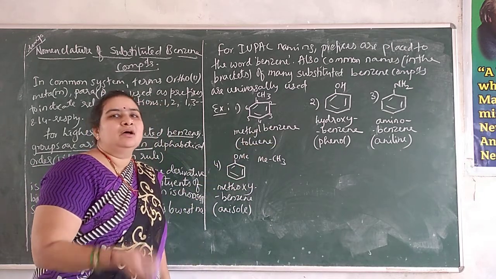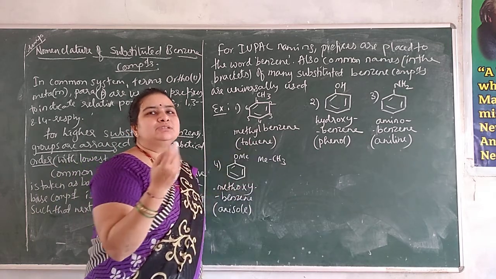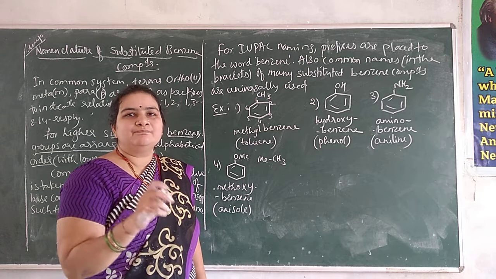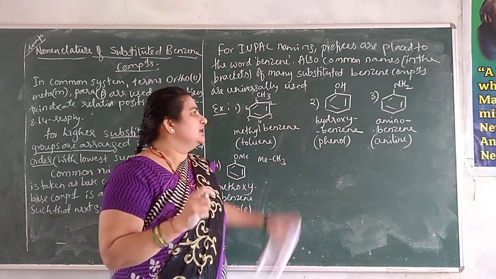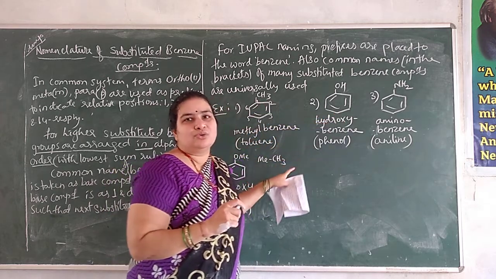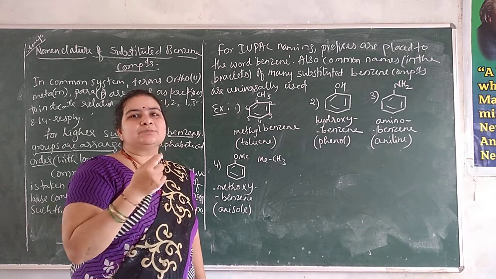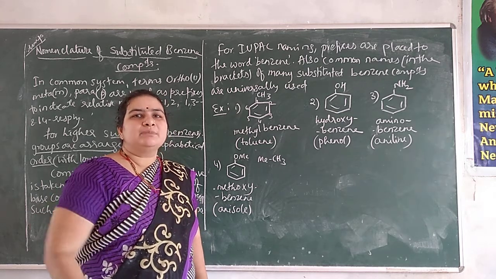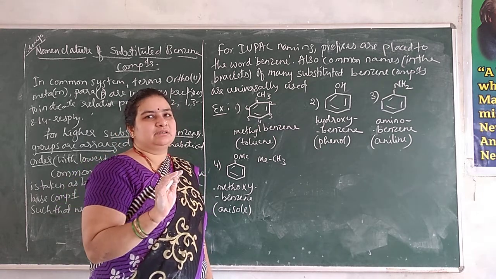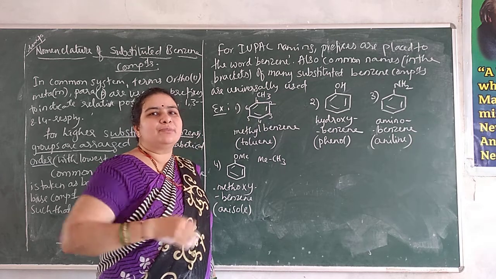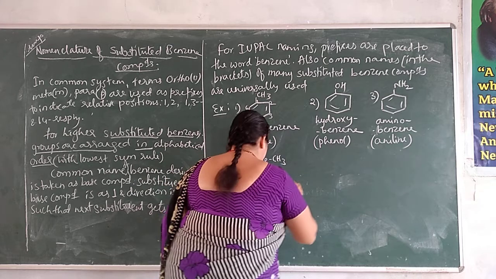You can use toluene as the parent as well. If more than 2 substituents are present, then identify one of the substituents as your parent, that is OH, CH3, NH2, OMe, like that, and according to that number as per the lowest sum rule, number the carbon atoms so that the groups have the lowest numbers, and then arrange the prefixes in alphabetical order. Okay, this is the method.